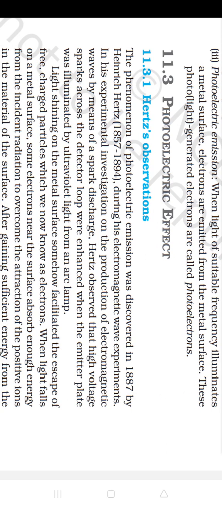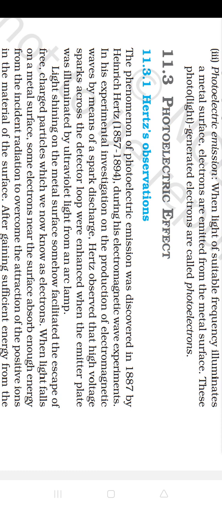11.3 Photoelectric effect. 11.3.1 Hertz observations. The phenomenon of photoelectric emission was discovered in 1887 by Heinrich Hertz during his electromagnetic wave experiments. In his experimental investigation on the production of electromagnetic waves by means of a spark discharge, Hertz observed that high voltage sparks across the detector loop were enhanced when the emitter plate was illuminated by ultraviolet light from an arc